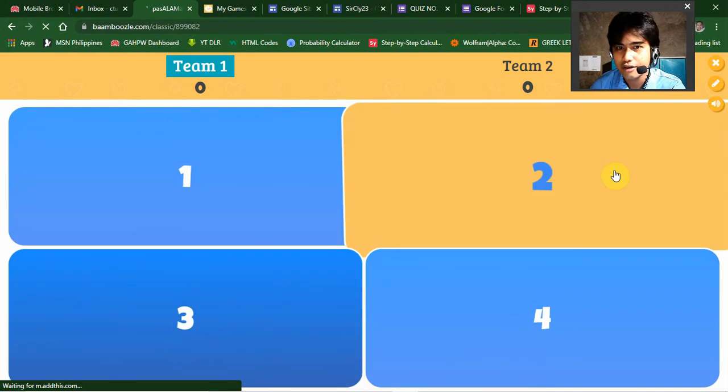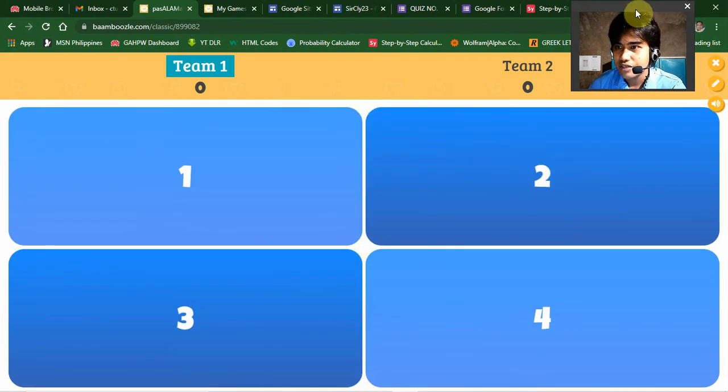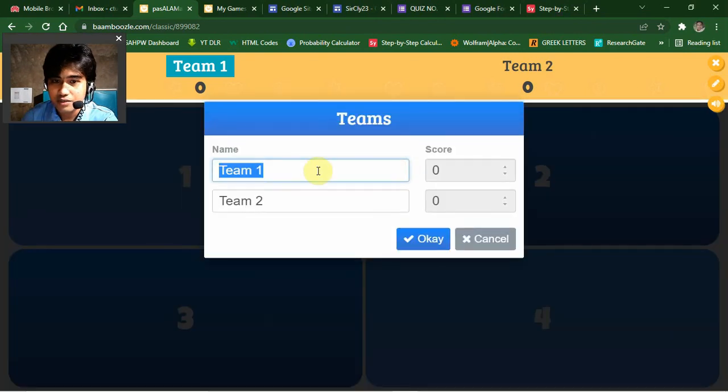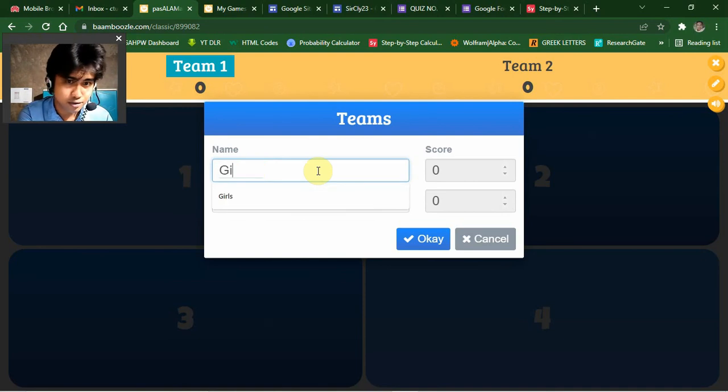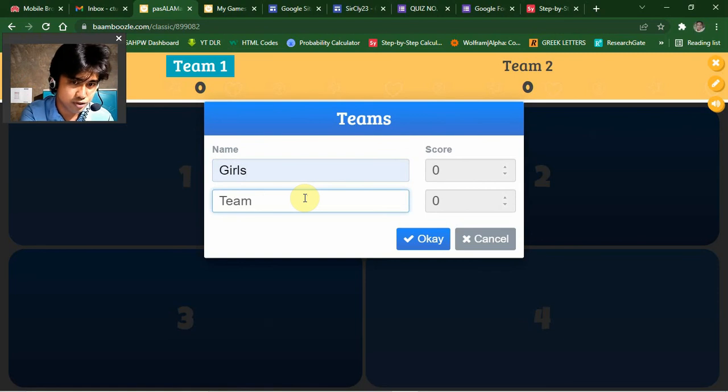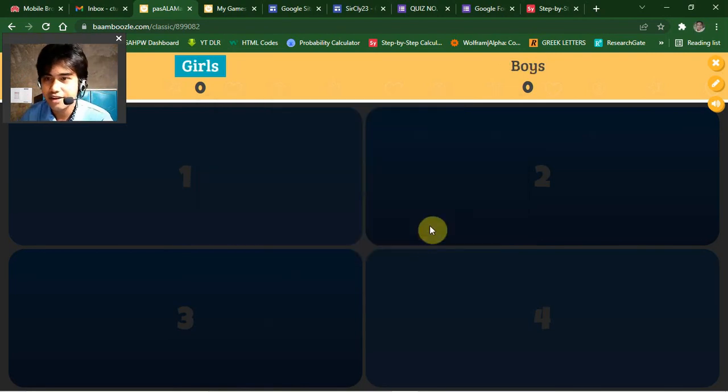As you can see, we have 2 teams here, and you can actually edit the names of the teams. Let's say team 1 will be girls. And team 2 will be boys. And you click OK.